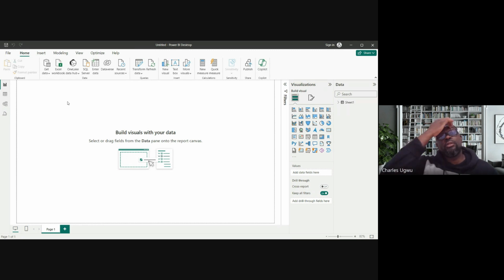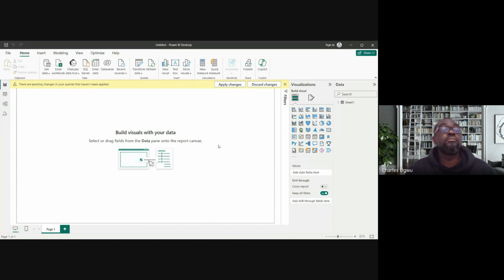So let me see. There's another data set I'm trying to work on. Let me see if I can load it. If you want to see if your data is clean, you need to transform. If you load directly,